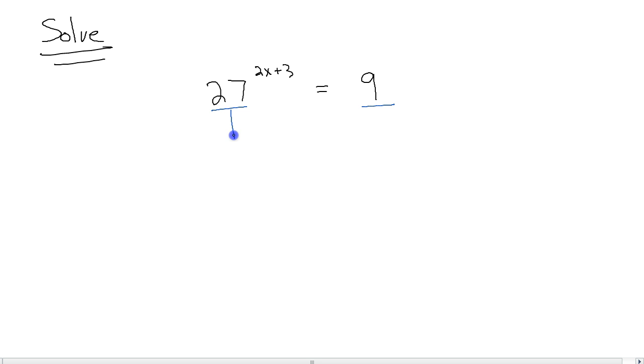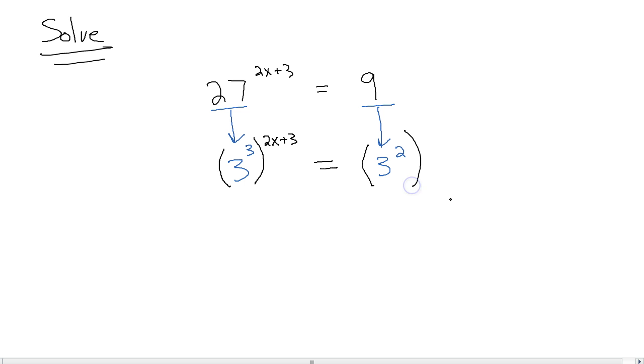So when I look at 27, I know that 27 is 3 times 3 times 3. In other words, it's 3 cubed. I know that 9 is 3 squared. So when I look at this equation, the 27 became a 3 cubed, and then that's raised to the 2x plus 3 power, and that equals